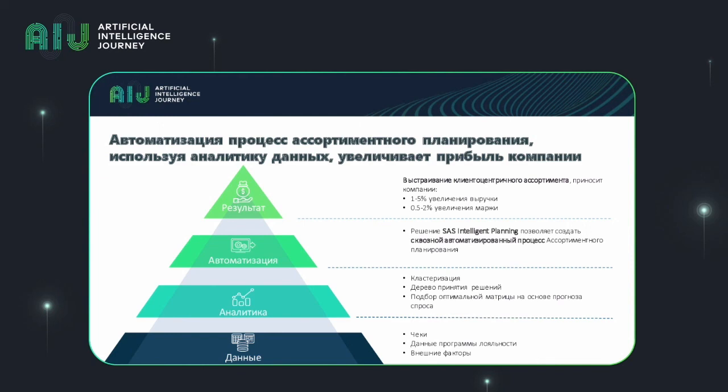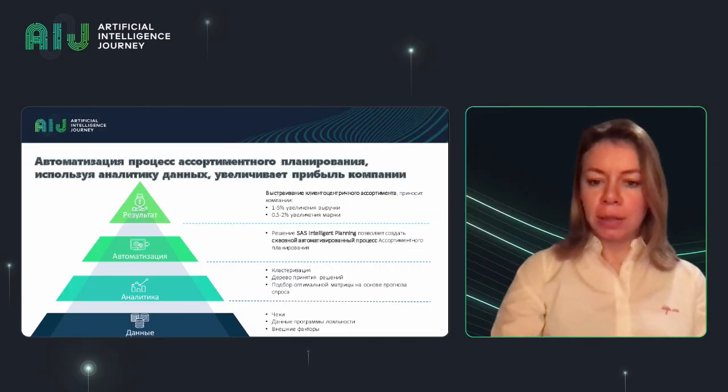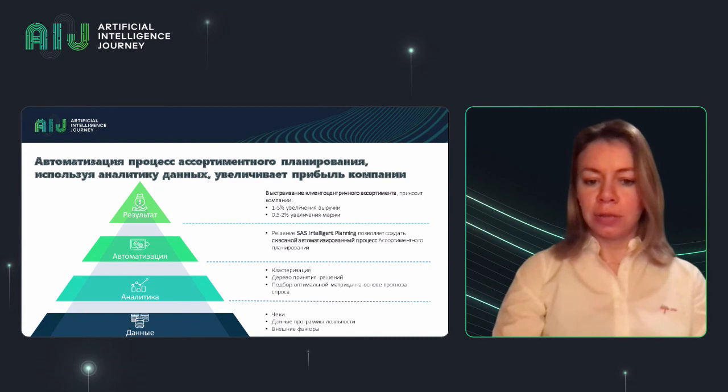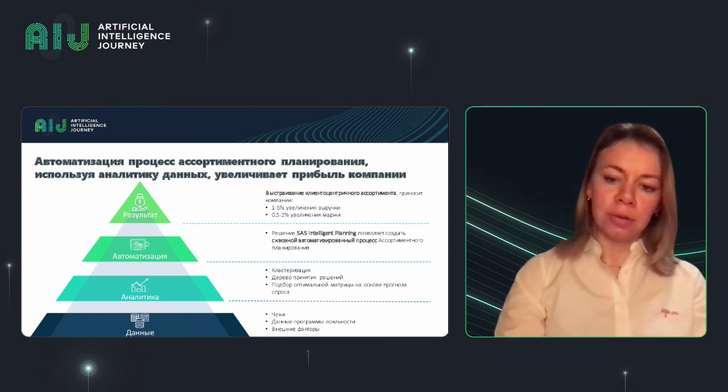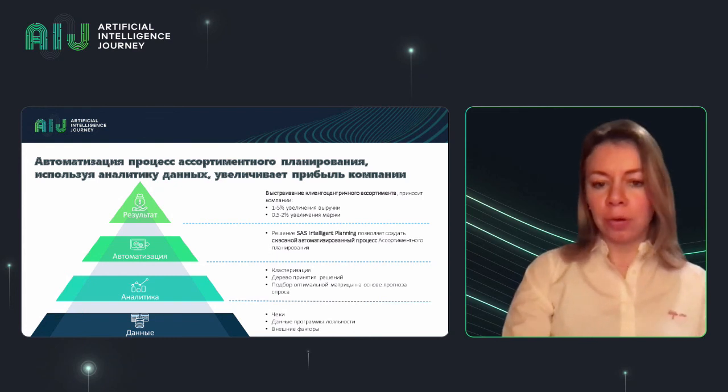So with our client-centric assortment approach, we increase the revenue by 1 to 5% and increase the profit margin from 5 to 2%. So this approach gives us lots of insights, lots of information,